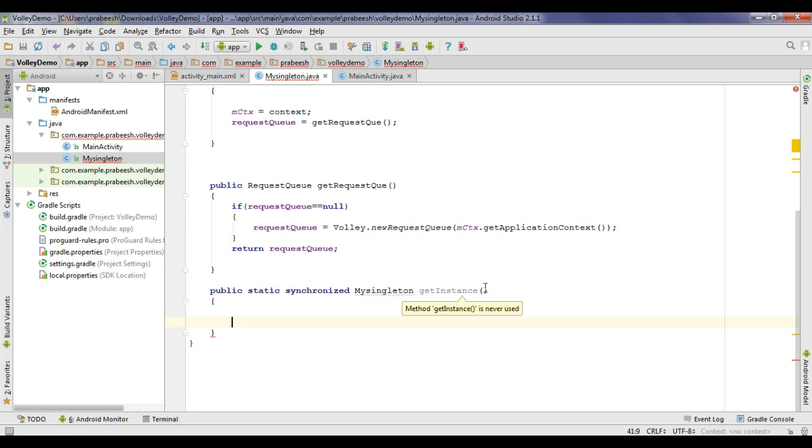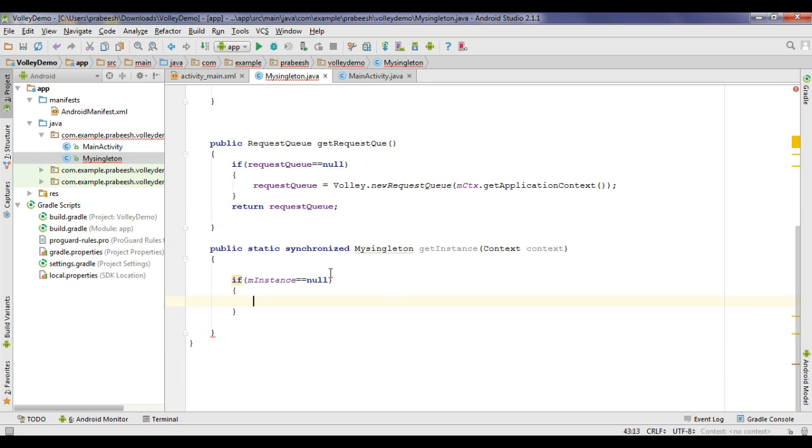This method also needs an argument. It is an object of the Context class. Here, first we have to check if the instance already exists or not. If mInstance equals null,